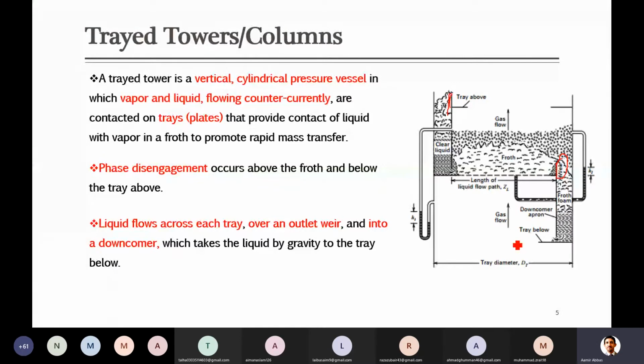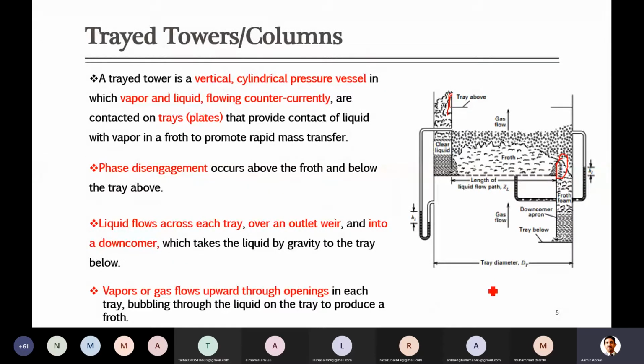This is how liquid moves throughout the column, while vapor always enters from the bottom and keeps moving towards the top, flowing through some holes inside the trays. When the vapor enters from the bottom, it forms some kind of froth, a kind of bubbling inside the liquid. When this froth is created, there is agitation inside the liquid, and there is better mass transfer at the surface of the plate.